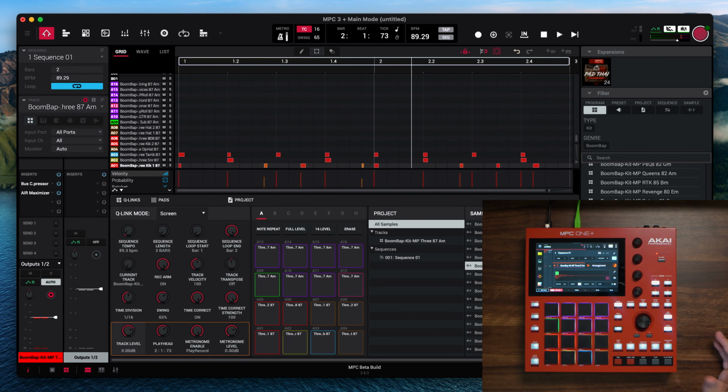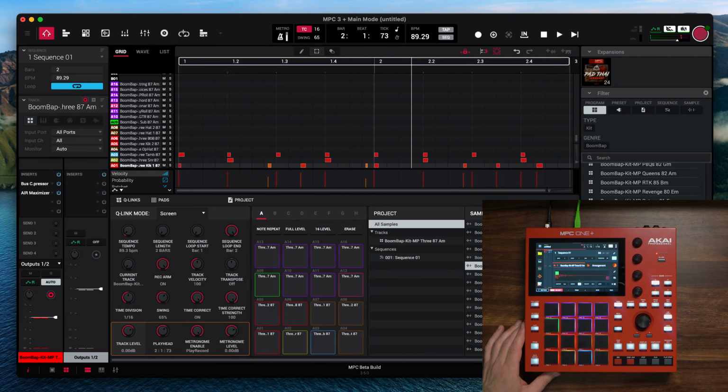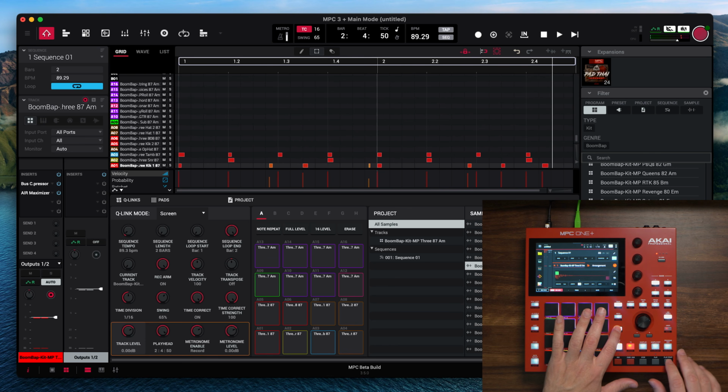All right, a little sloppy, but that's what time correct is for. Let's turn the swing on. I want like 65, do it. Okay, that works. Let's turn the metronome off, and then